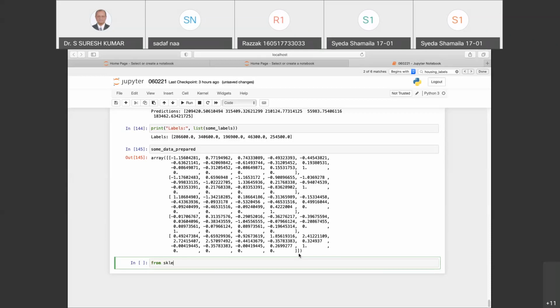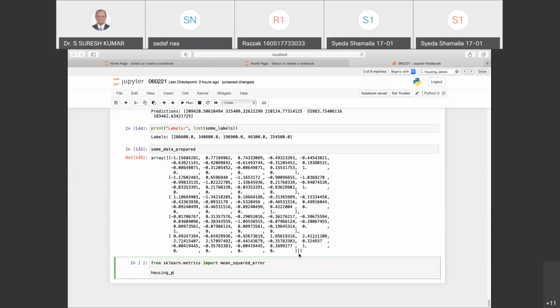So I'll say from sklearn.metrics import mean_squared_error, and we do the housing prediction based on this. My housing_predictions will be nothing but lin_reg.predict of housing_prepared.